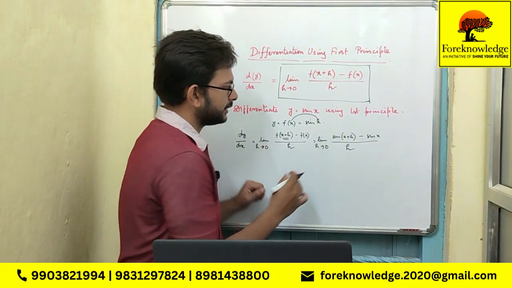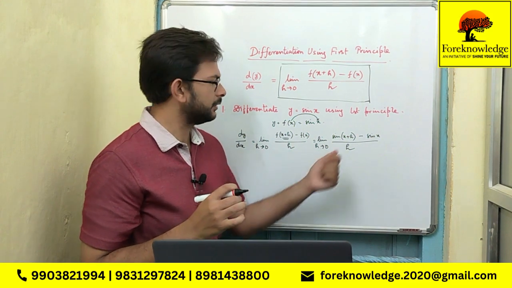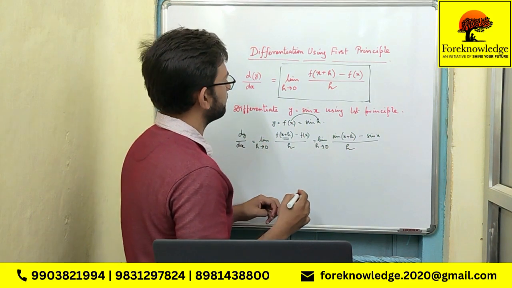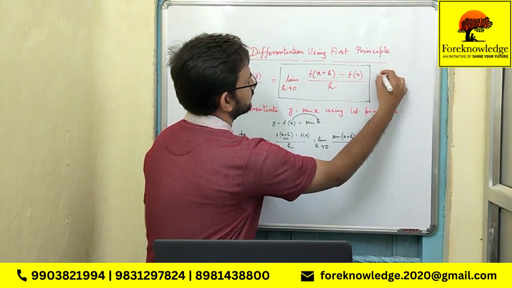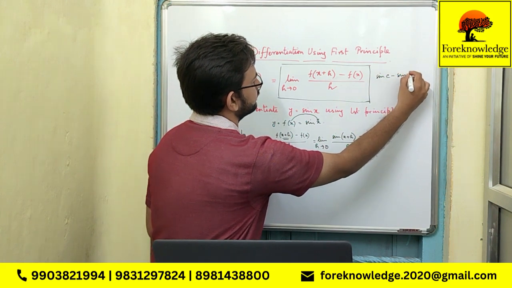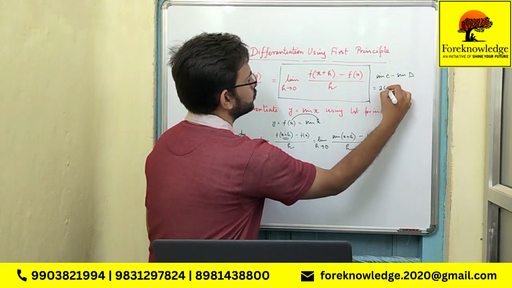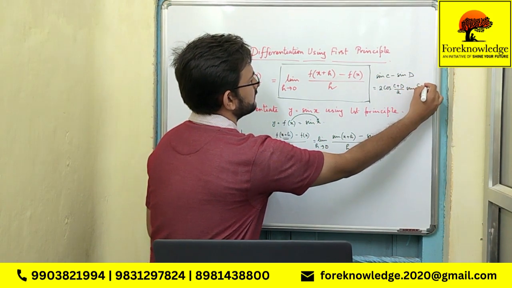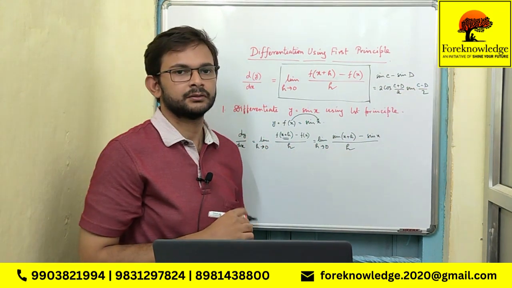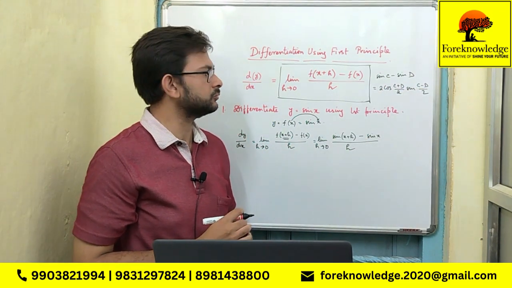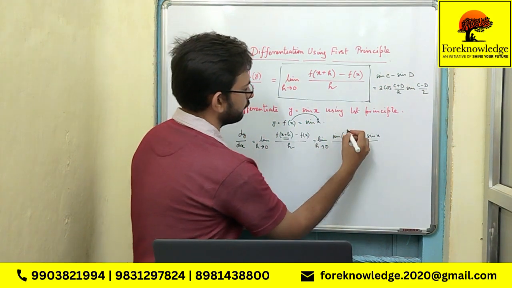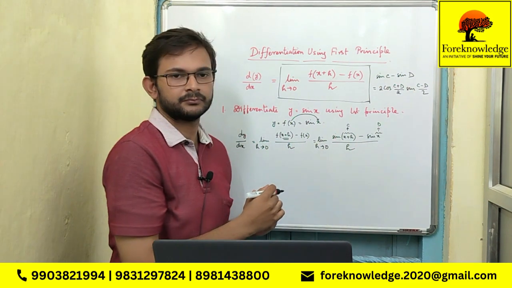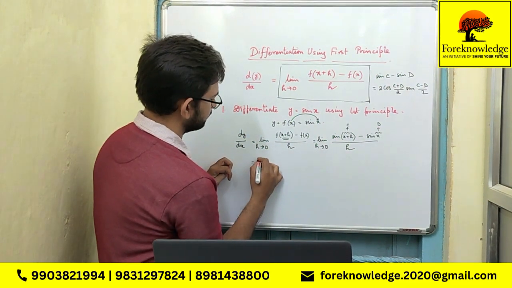Look, in the numerator there is a very known form which is used in the transformation of angles in trigonometry. The formula says sin c minus sin d is nothing but 2 cos (c plus d)/2 sin (c minus d)/2. Now if we consider this as c and this as d, then in the next step we get